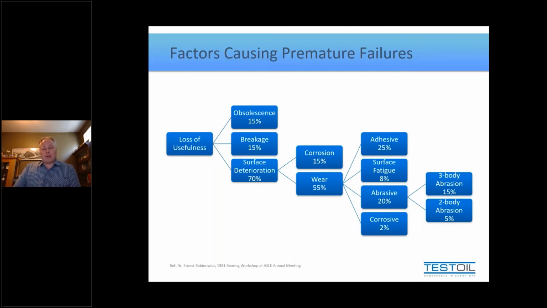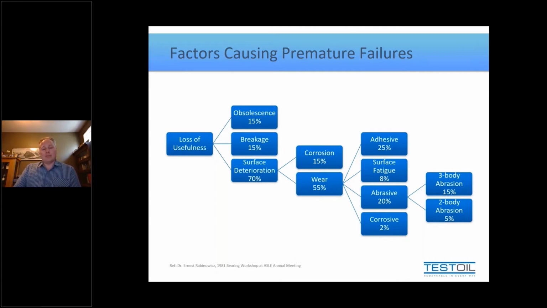So when he described what was the most common cause for this loss of usefulness, he said it was surface deterioration. Now, you might wonder what that is, and that's just a really fancy way of saying wear. And you go, why wouldn't you just call it wear? It's because he was trying to reserve the word wear to distinguish physical wear from chemical wear. Because as you can see as we move to the right, there is some that can be attributed to chemical wear, corrosion as an example, but most of it is physical. And of the physical wear, he said most of it falls under adhesive wear and abrasive wear. And abrasive wear, he said, mostly came from 3-body abrasive wear rather than 2-body abrasive wear.